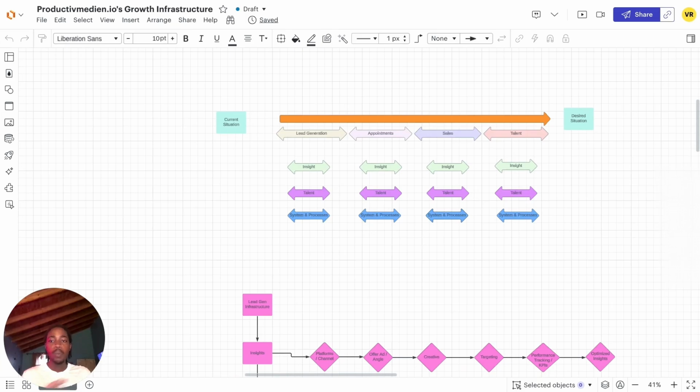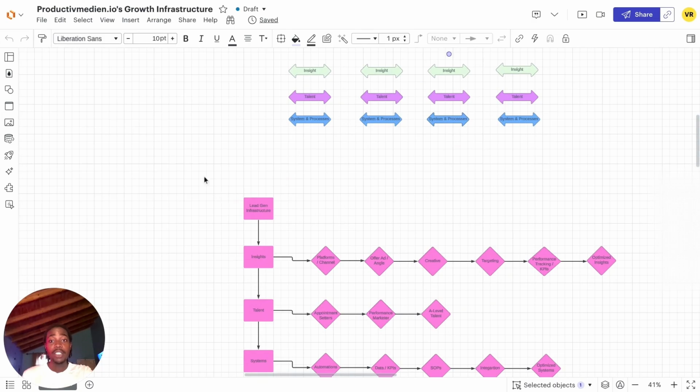So whenever we partner with any company, we typically build out 3 infrastructures within said company. The first is a lead generation infrastructure, then an appointment setting, a.k.a. in-home assessment infrastructure, and a sales infrastructure. Depending on the time that you're watching this, we'll probably start implementing an SEO infrastructure for our clients too. Now, today, I just want to take you through the lead generation infrastructure